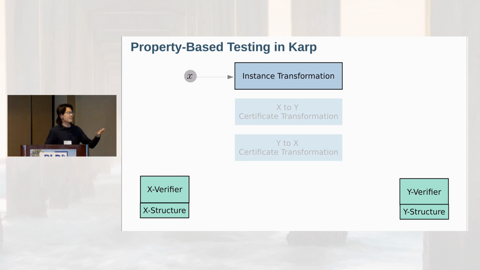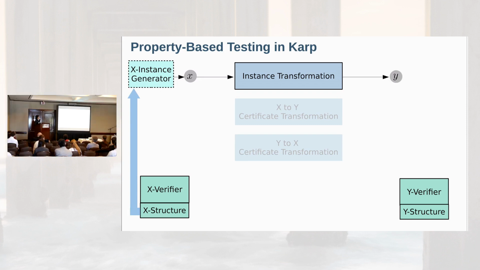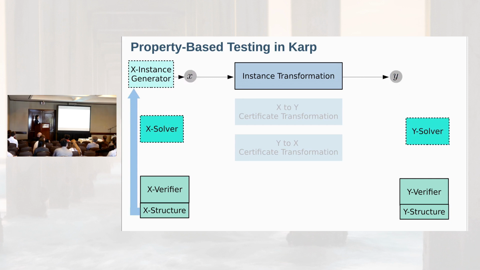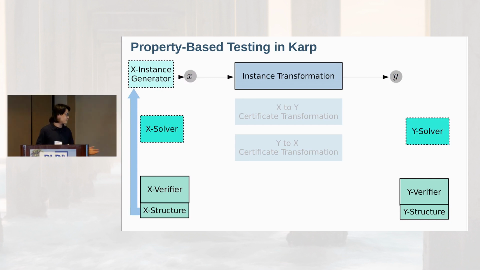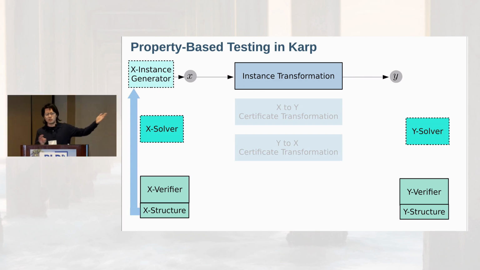In order to randomly test the instance transformation, of course, we need instances. So Karp derives an instance generator from the structure evolution that we have just seen before. However, just having instances is not sufficient to describe the correctness of the instance construction. We also need to test whether a yes instance is mapped to yes and a no instance is mapped to no. The way to do this is that we need problem-specific solvers. However, if we ask our students to write a solver for every reduction that they're working on, they probably will spend all their time